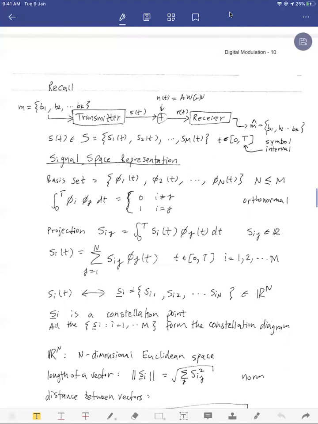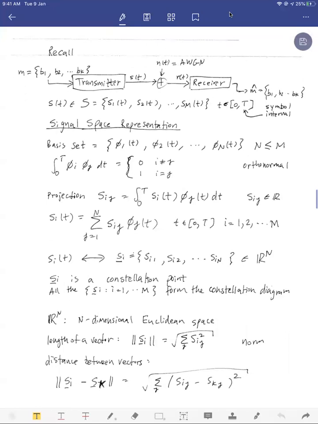So we're going to continue talking about digital modulation now. And on slide 10 here, I'm summarizing what we did in the last lecture. At the top of slide 10, I'm showing you the block diagram of a basic digital communication system, right? So you have input,